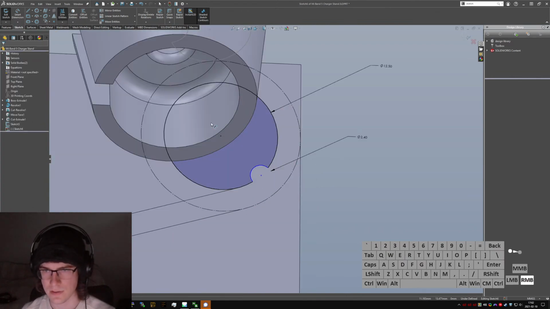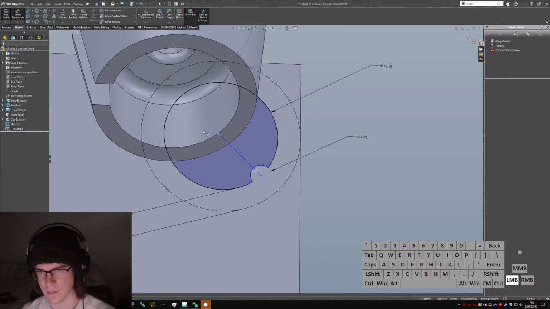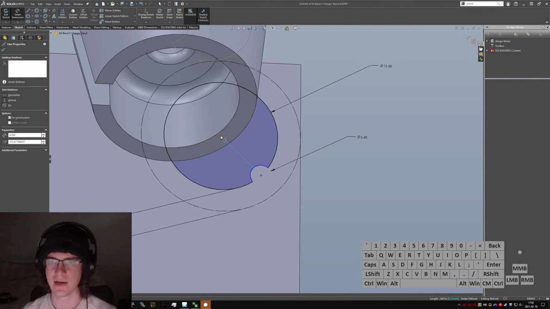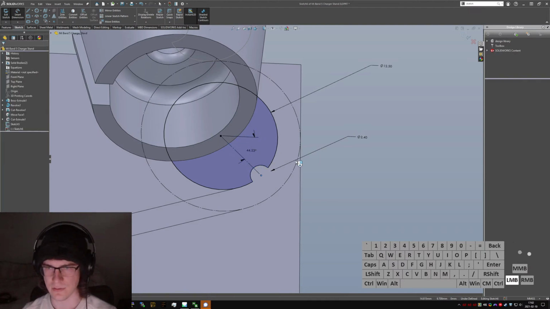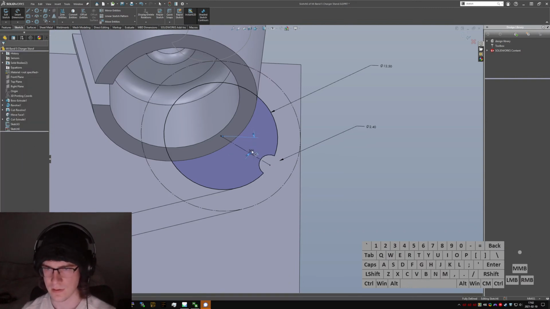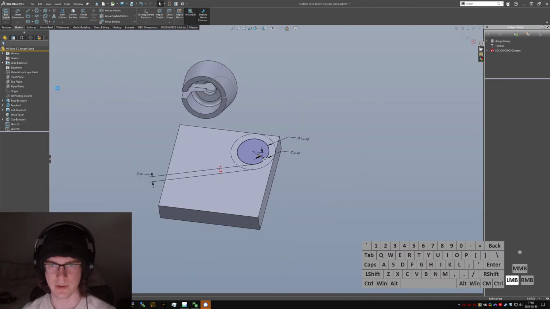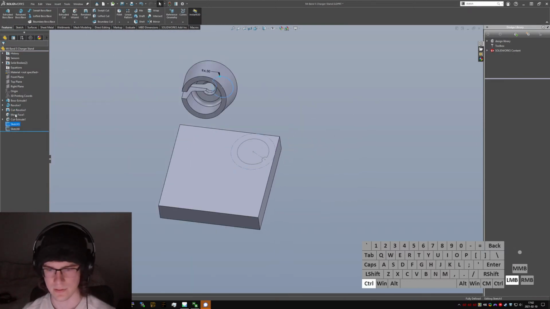Trim entities, clean that out. Add a quick construction line so that I can place this. Nope, don't care about what the length is. Thank you. If you select the line and then the point at one end, you get these arrows that let you tell it where you want the end point to be. Let's bring that back a little bit. Okay, so 2.4 diameter. So now we come back here